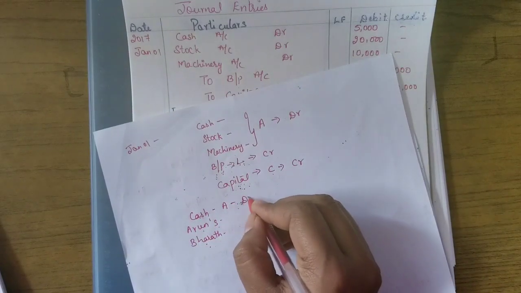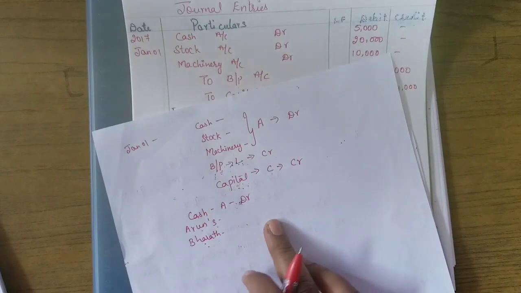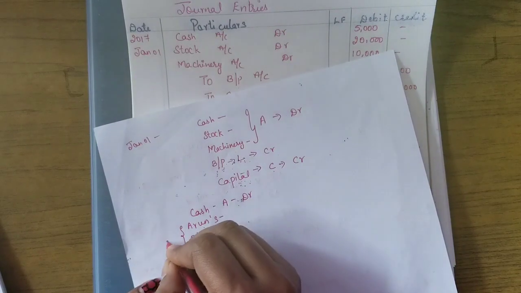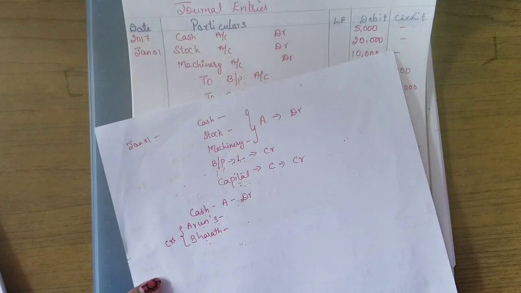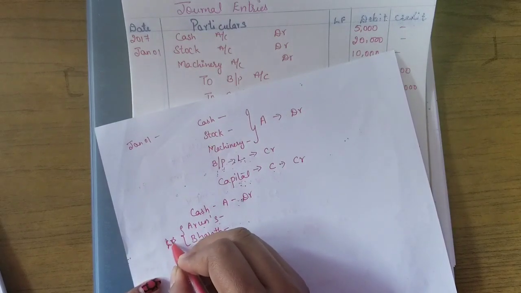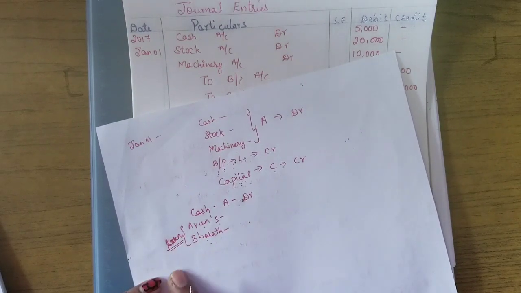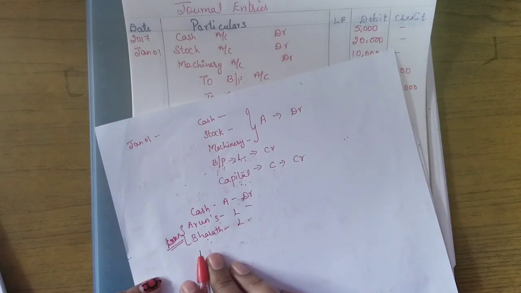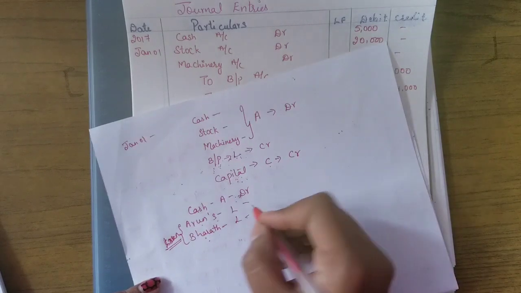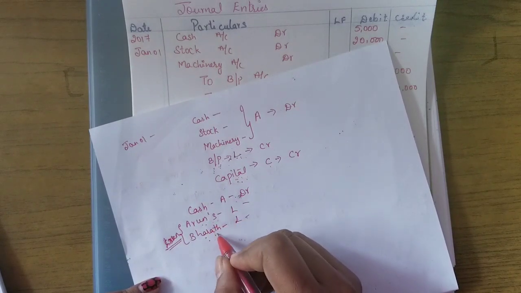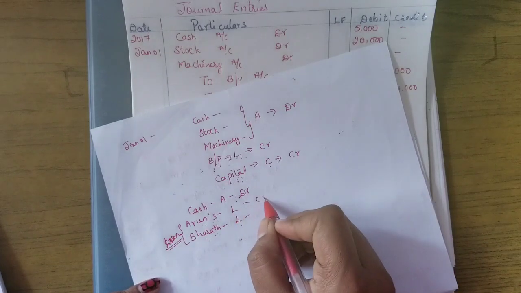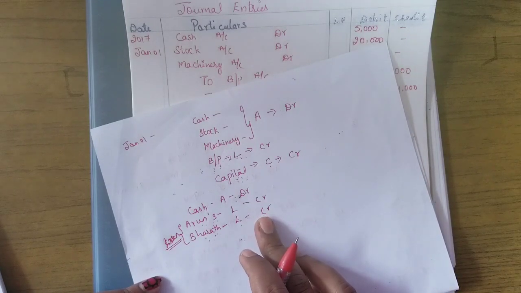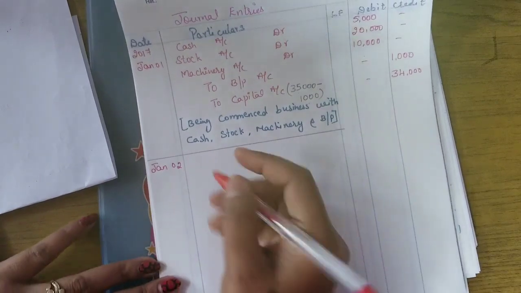So cash is an asset. Your cash balance is increasing, so it is debited. Arun and Bharat, they are giving loan to you. That means these both will become your creditors. Loan, you are taking loan. Usually the loan is taken as separate as loan account itself. It's not a creditor. So it is a liability for the business. So both are liabilities. So we are taking loan from Arun and Bharat, which comes under the liabilities. So liability is increasing here. Your liability is increasing. So increase in liability will be credited. So this entry you have to pass in this way.